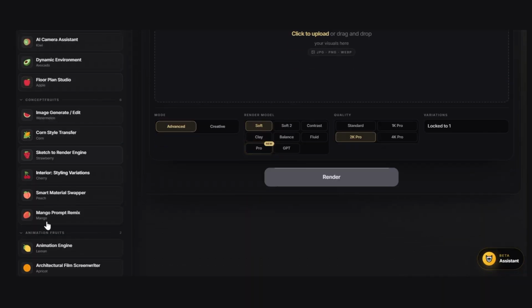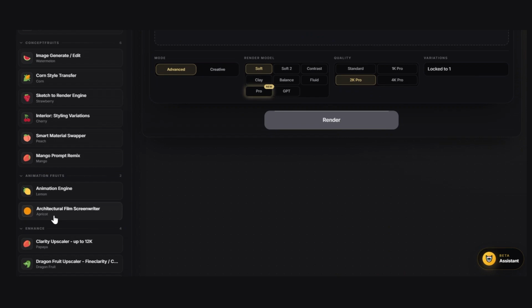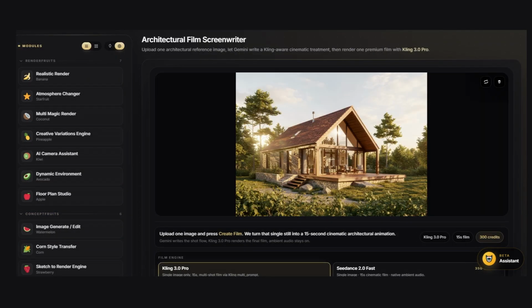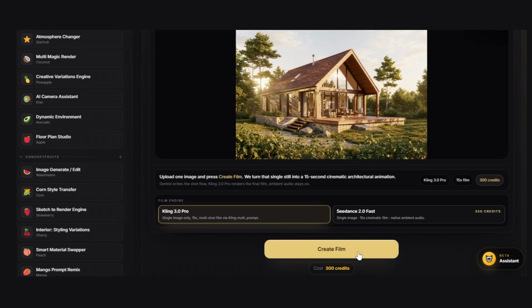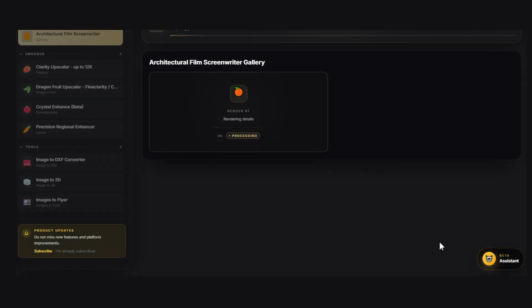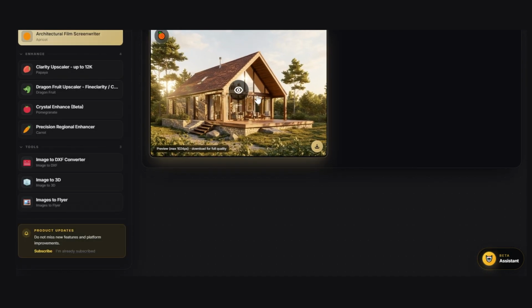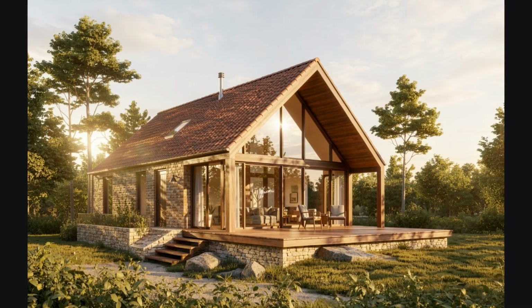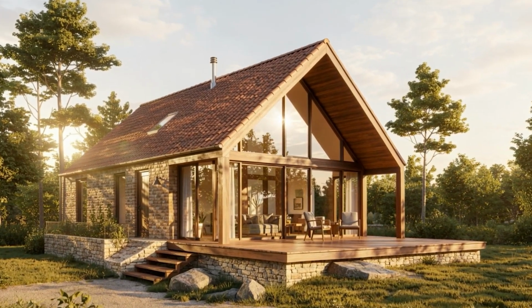For the final stage, we use the Architectural Film Screenwriter. We simply upload a single reference image, and the system analyzes it to generate alternative camera angles, cinematic sequences, and the complete visual narrative. Using a Gemini-generated script optimized for Kling, the project evolves beyond the static image and becomes